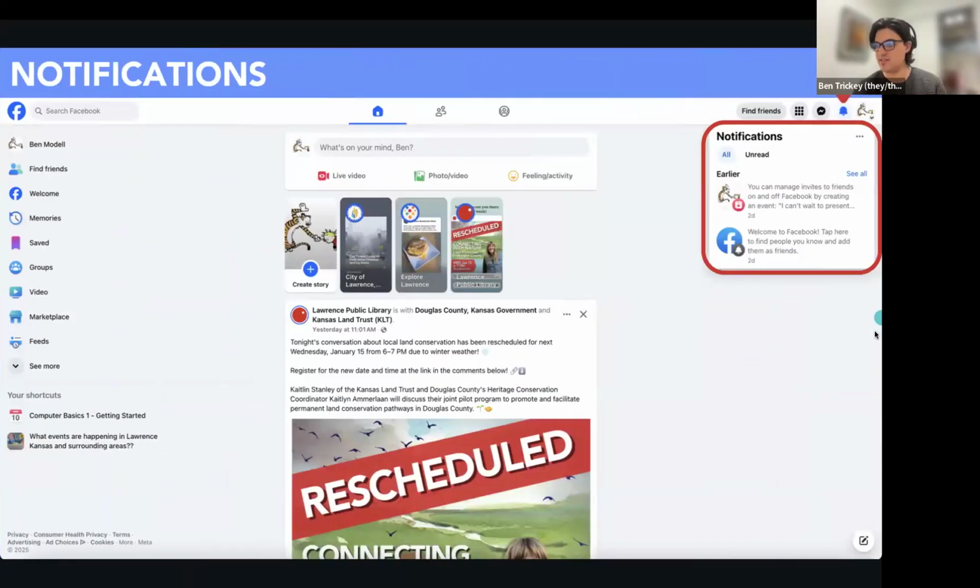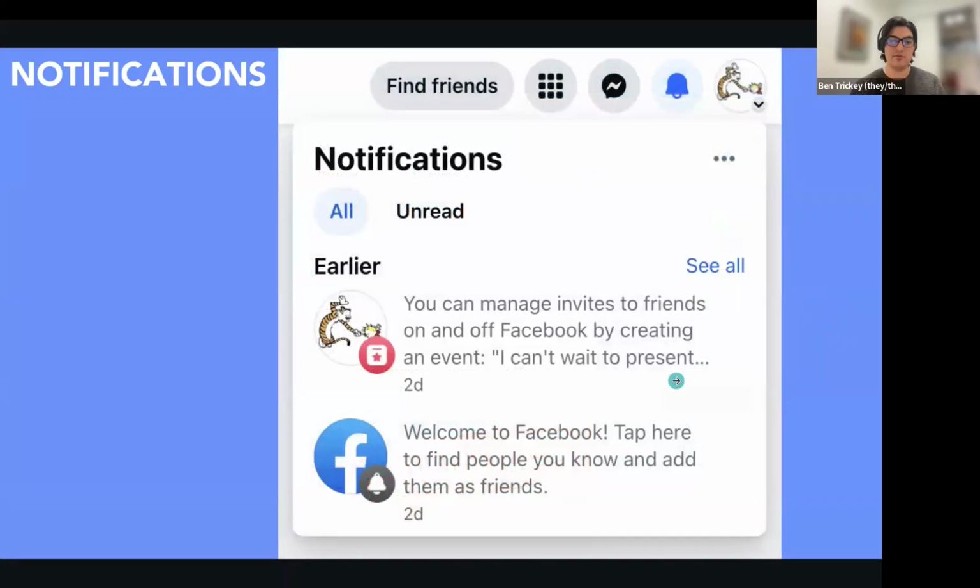Let's talk about notifications. So notifications are available on every app. The new universal symbol for notifications and alerts has become the bell icon, ringing the bell to get your attention. And they can look like all sorts of things. In the next slide, I have them more zoomed in. But for right now, the only ones I have on here are